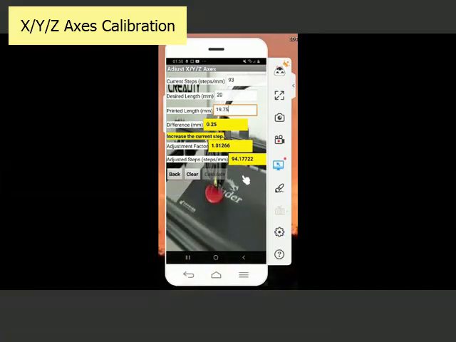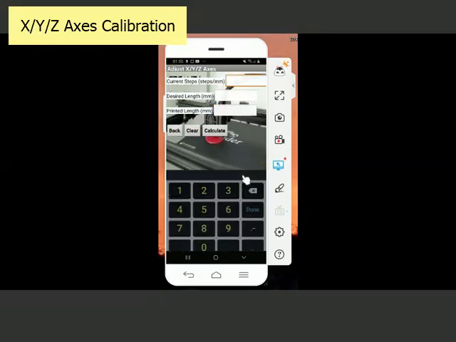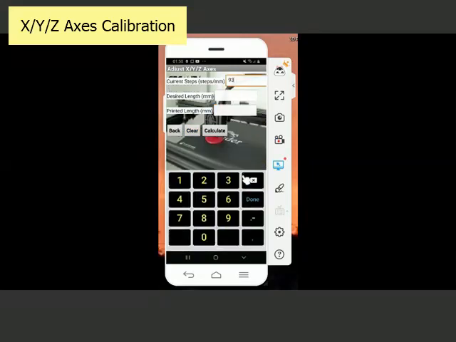Now suppose I still have 93 steps per millimeter, desired length 20. Now after measuring, it has printed 20.94, for example, millimeters. When I calculate, it says the difference is -0.94. It asks me to decrease the step because we have an adjustment factor of 0.9, and that adjusted step